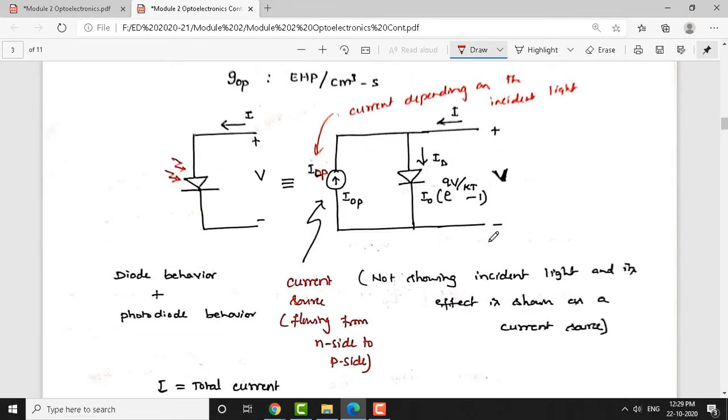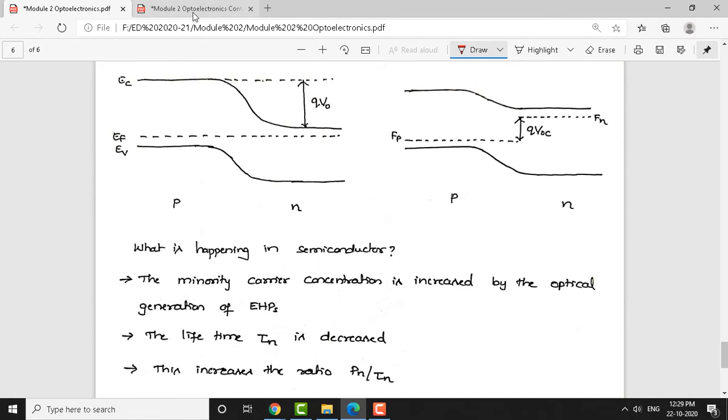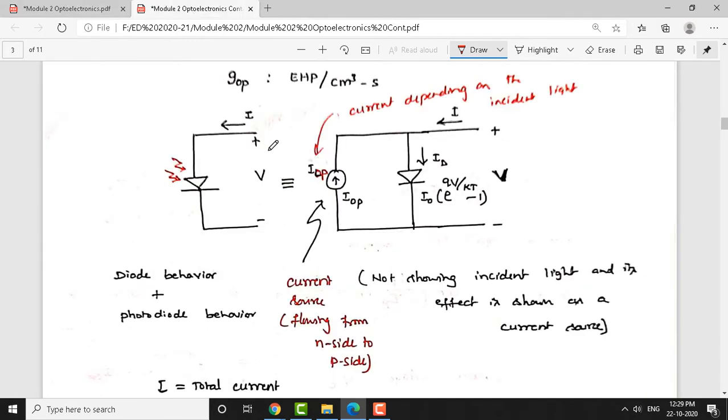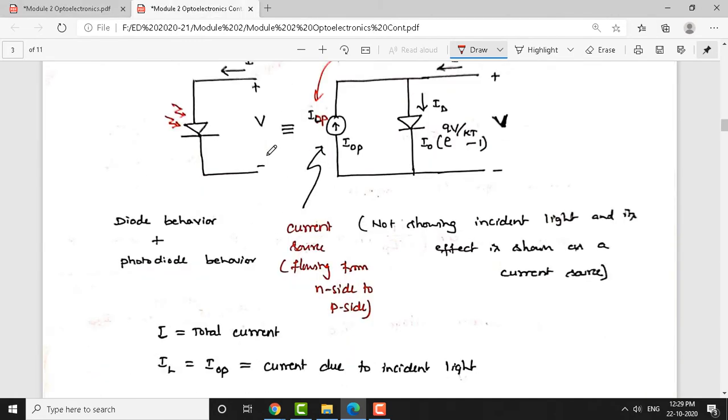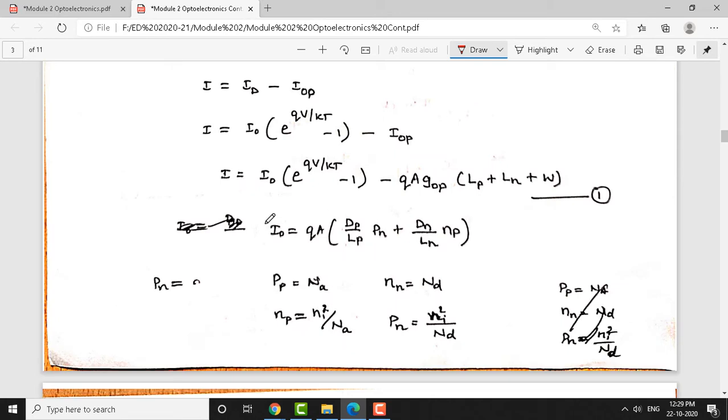Now we need to calculate what are called the open circuit and short circuit conditions. Why we need to do that, we will explain in a minute. This is the rewritten equation. Don't worry, there is a lot of duplication here.